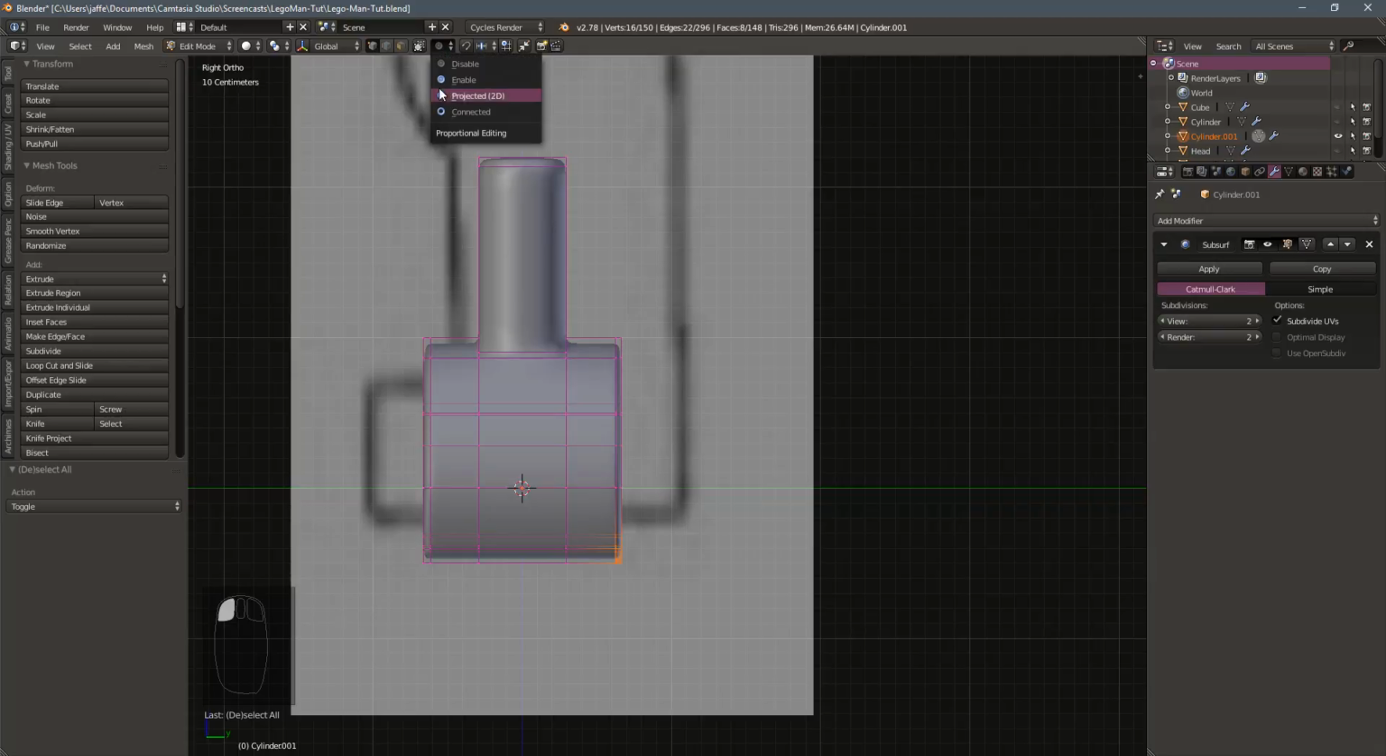You can turn it on up here as well, enable. But I'm just going to hit the O key. And then I'm going to grab these, and you can see this ring, by scrolling in the wheel, allows what vertices to be affected when I start grabbing this. So I'm going to hit the G key and grab these, and